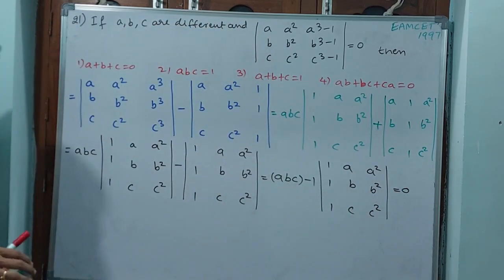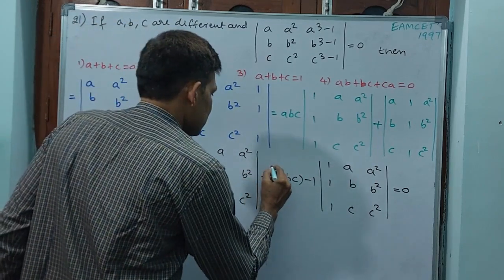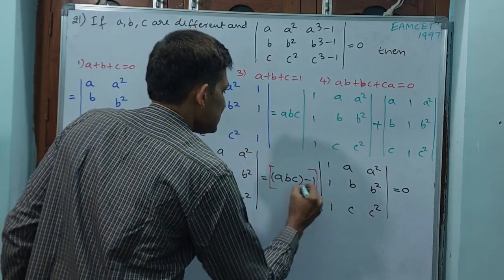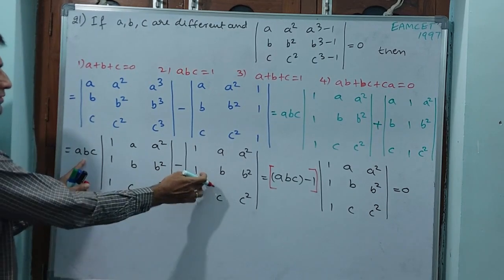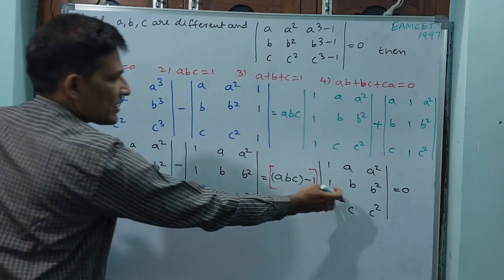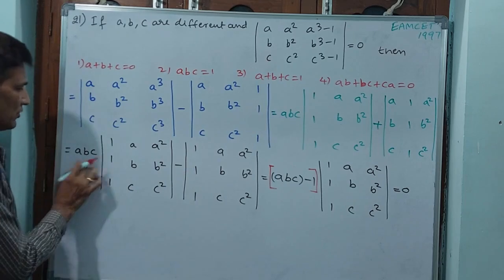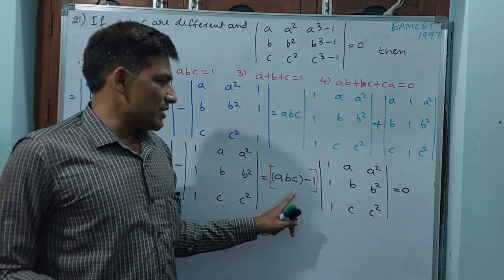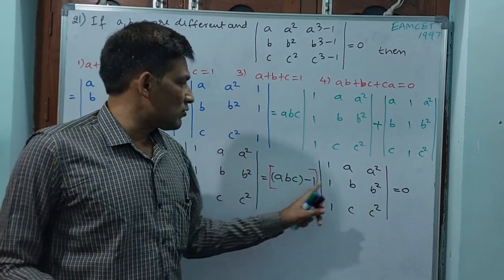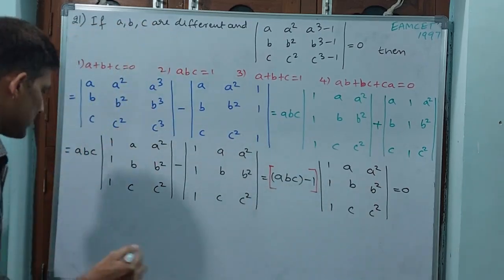Understand this? Okay. Now one thing I will tell you. This determinant is multiplying; you keep a bracket: ABC minus 1 into that determinant. If you send this determinant inside, it is ABC into this determinant minus this determinant. Now what I want to say: A into B is equal to 0 means A is equal to 0, divided by this determinant. That means ABC minus 1 equals 0. Yes, definitely. Write down.